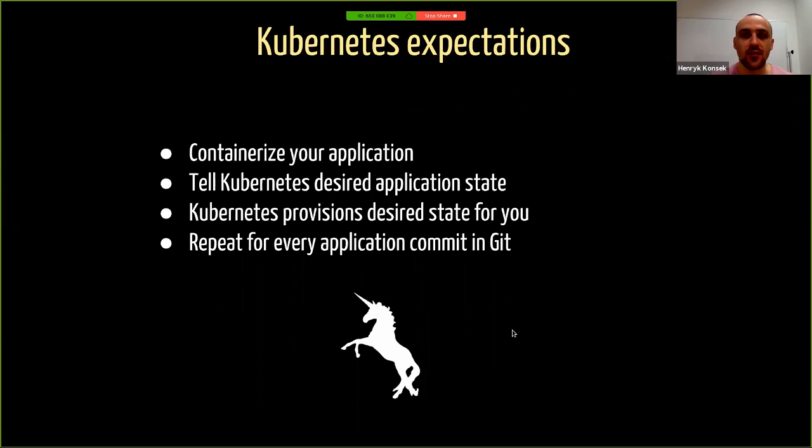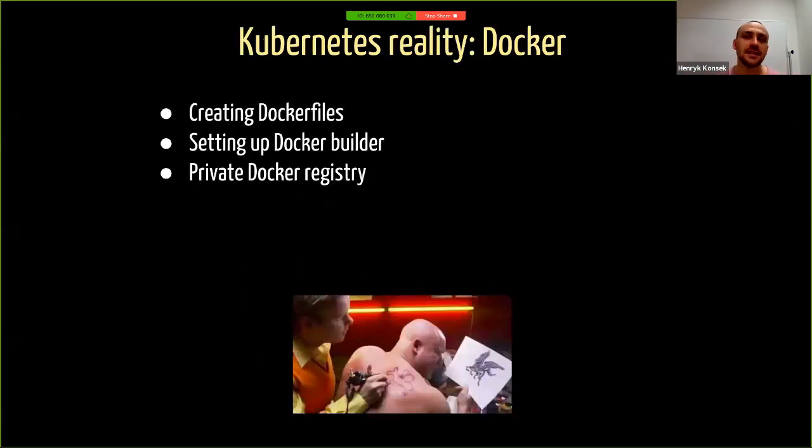And you would like, of course, to repeat that for every application you have, and for every commit for that application. So when I make some change in my application, I would like this change to go through the CI/CD pipeline and end up behind the load balancer eventually. So that's when it comes to expectations from Kubernetes. However, the reality is quite